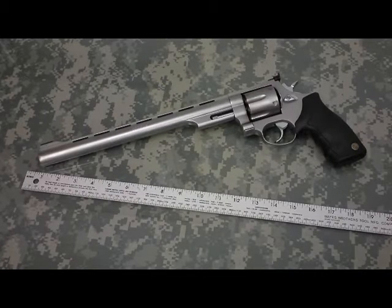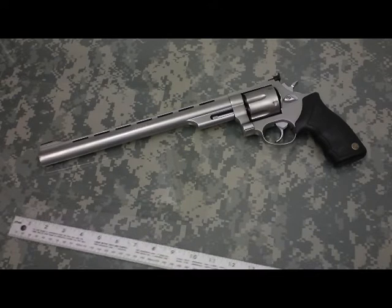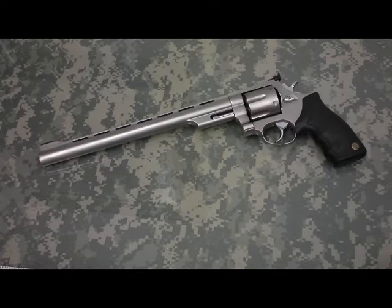Alright, quick video, just a thought. Enter my daily carry. EDC concealed? No, it's not at all. This is actually a handgun that's very much like packing a carbine